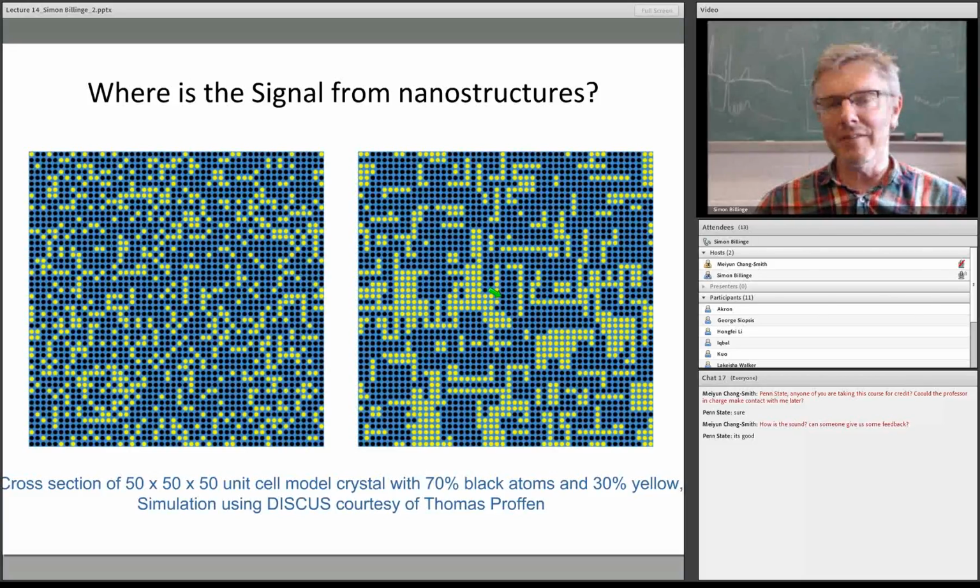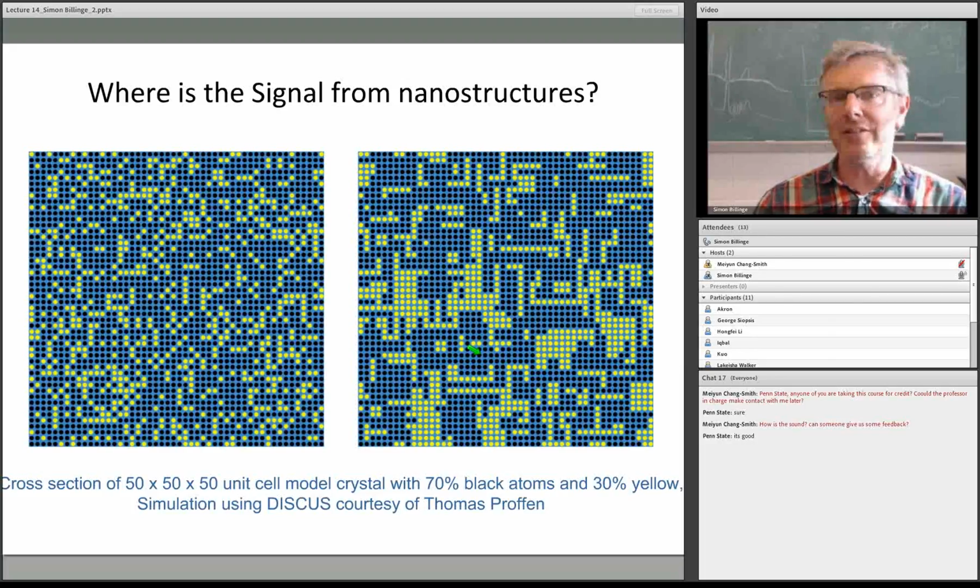If it's your mother, obviously you reach out for a hug, and if it's a tiger, you run away. So that's how you've evolved. But what I'm going to show you is if you do a conventional powder diffraction pattern, you can't actually tell the difference between the left and the right. So these two crystals are the same in respect to the fact that they're 2D crystals with 70% black atoms